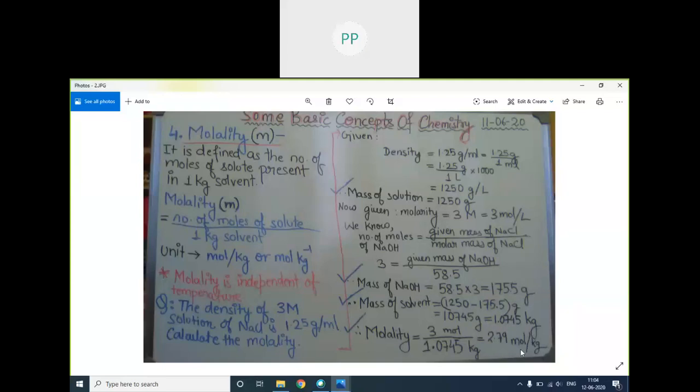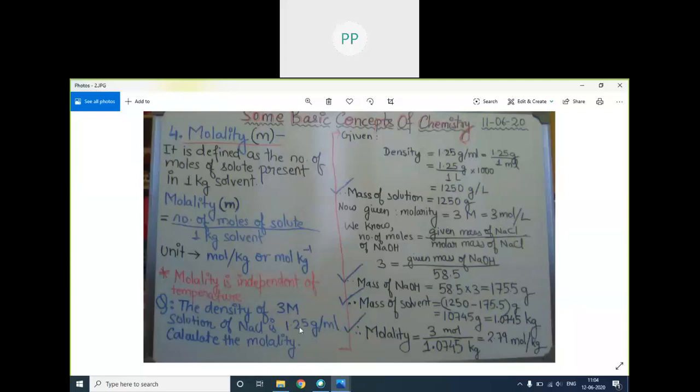So in this question we have to use the idea of density plus molarity. These two ideas we have to use here. And one more formula you have to use here, a very important formula we are using from previous questions also: number of moles equals given mass by molar mass. So how do you have to think about this question? Molality means we have to calculate number of moles of solute and mass of solvent in kg. These two things we need.